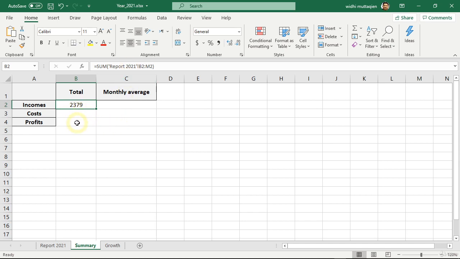Next, what about these two cells? Because both need to use the same sum function, and also the above cell uses relative type cell reference, you just need to duplicate the formula above to the two cells below. You can use the copy-paste method or the autofill method. But there is one duplication technique that we haven't discussed before called the quick autofill. Essentially, we use the autofill method, but instead of clicking and dragging, you can just double-click on the autofill square.